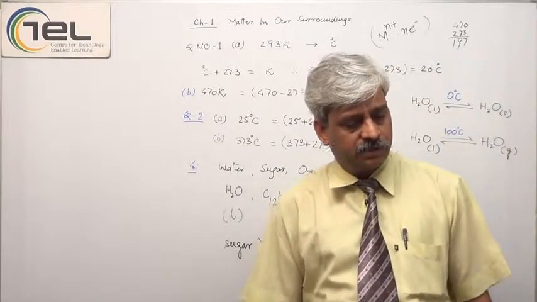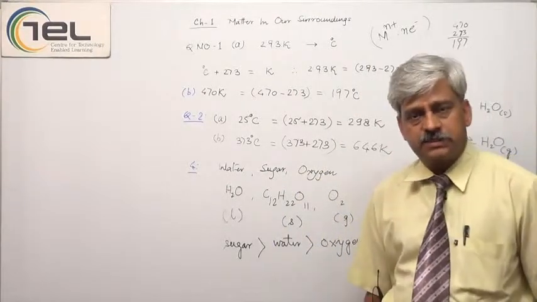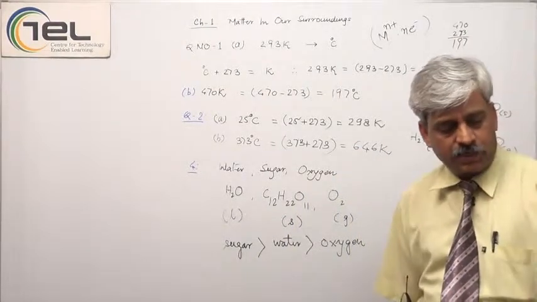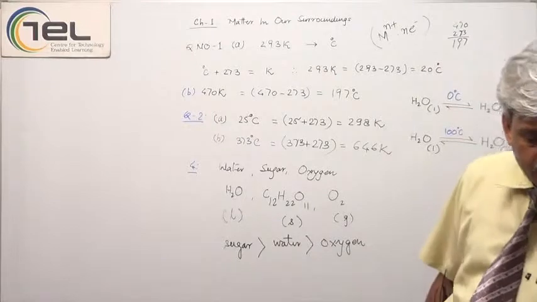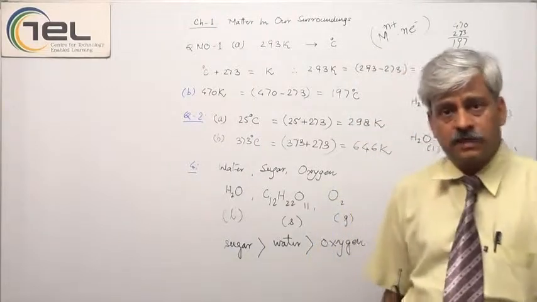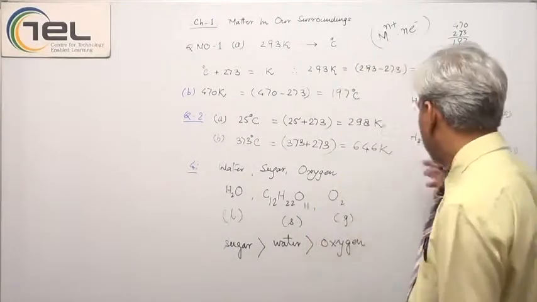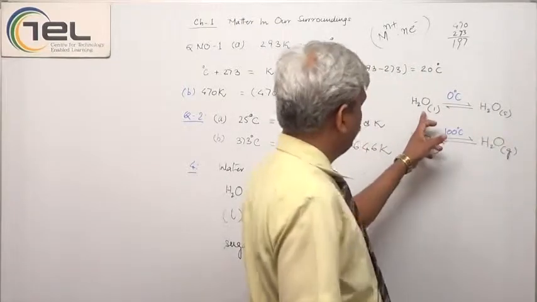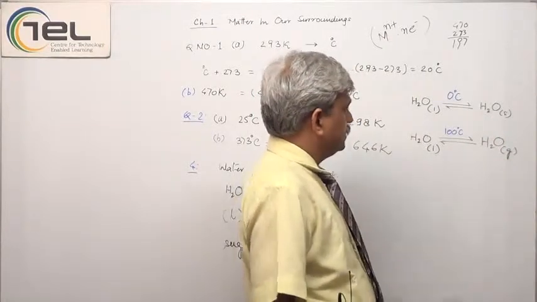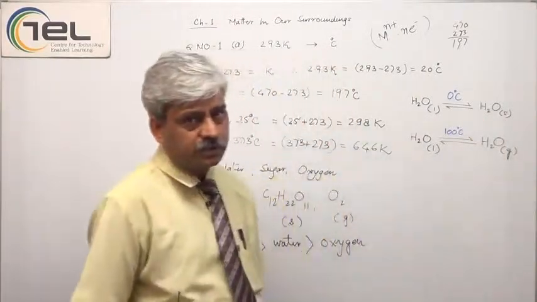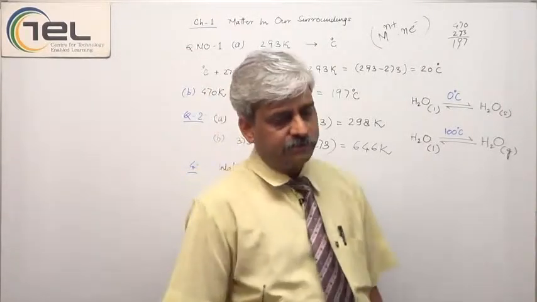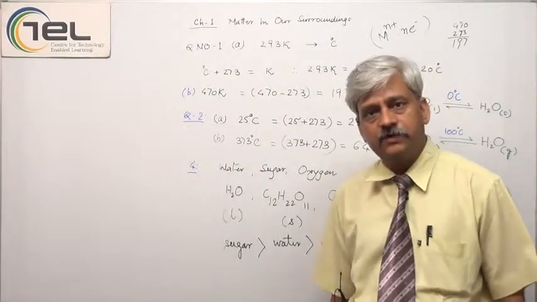So this we will explain, that is why anything exists in a particular state of existence. Then question number 7 is, why is ice at 273 K more effective in cooling than water at the same temperature? So it says that cooling is more effective. See, in this equilibrium, on one side it is in the liquid state, on the other side it is in the solid state. As per the question, ice is more effective in cooling than water. However, the temperature of both is the same. This happens because of the latent heat. This heat we call latent heat.